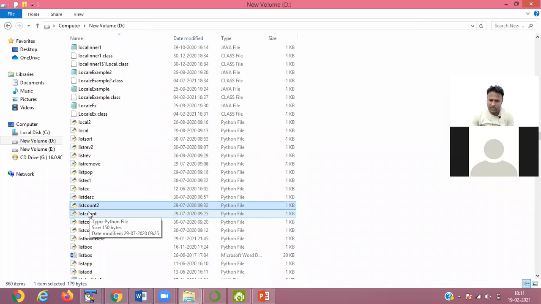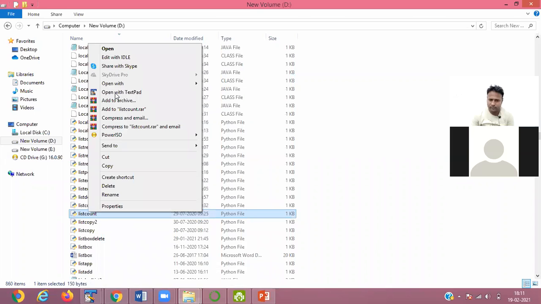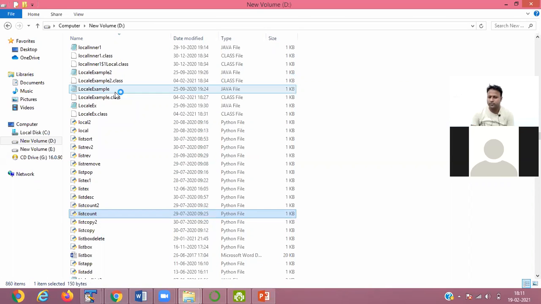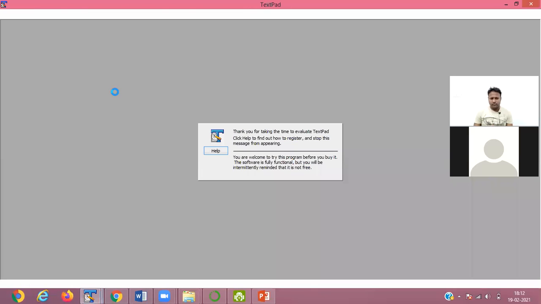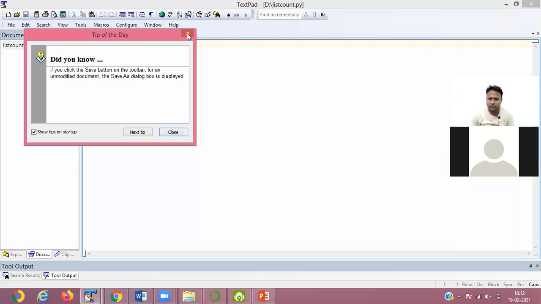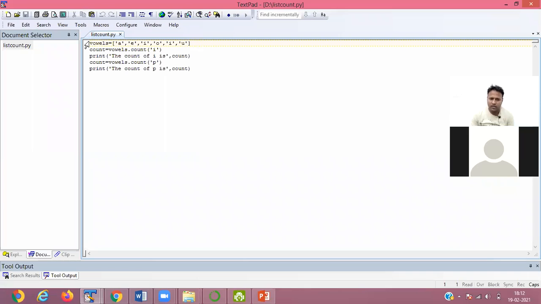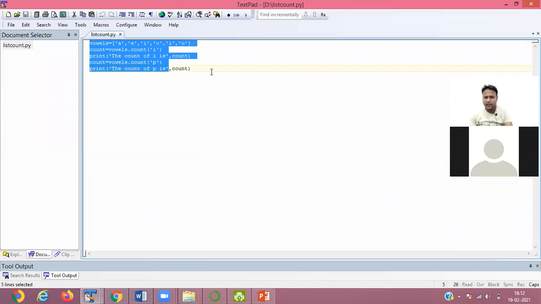Next, another example. I have defined another list, that is vowels, it will count. Just one minute.